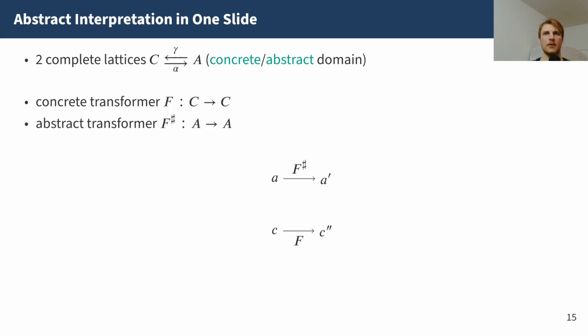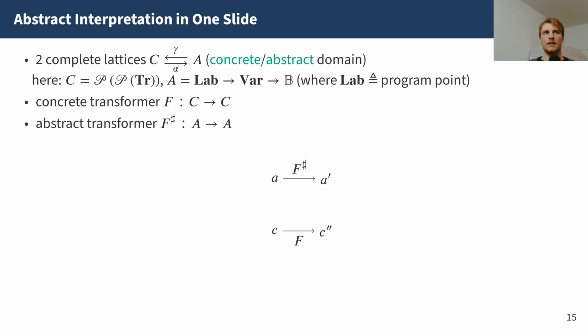We formulate our analysis as an abstract interpretation. Abstract interpretation is a well-known framework for formulating static program analyses and proving them correct. In abstract interpretation, one establishes a relationship between domains which are usually complete lattices. On the one hand, we have the concrete domain C to model the concrete semantics.